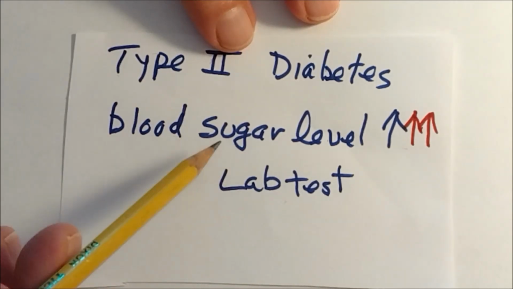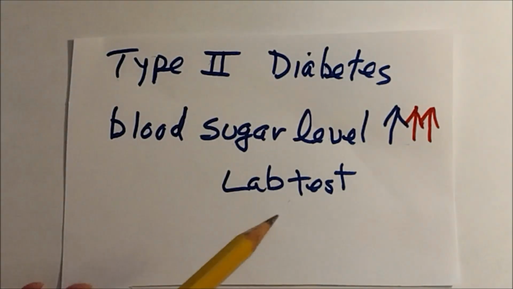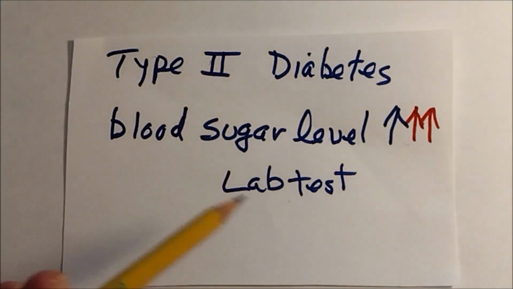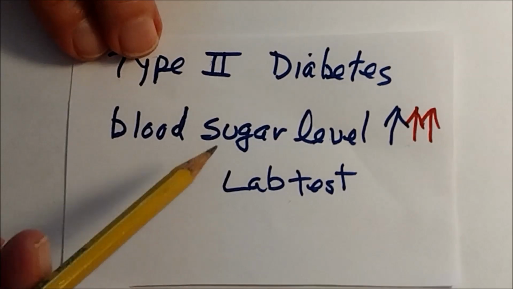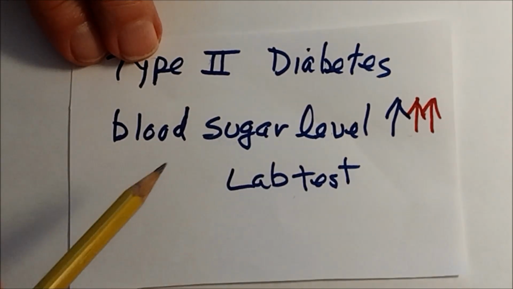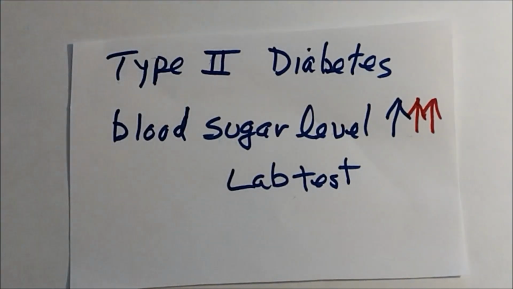They find out that your blood sugar level is a little bit on the high side, and they're not going to give you insulin yet, but they are going to say control your diet better, exercise, and lose some weight, and it'll probably bring your blood sugar level down. So that's what they call type 2 diabetes. And with that, we're going to bring this part 1 to a close.